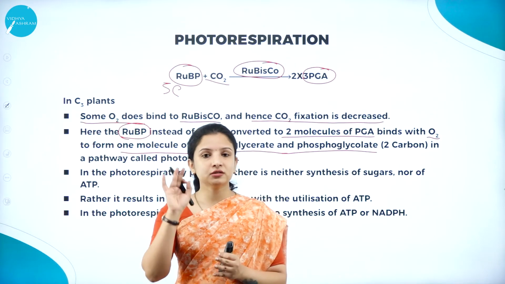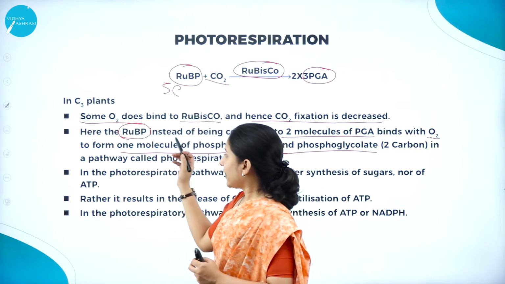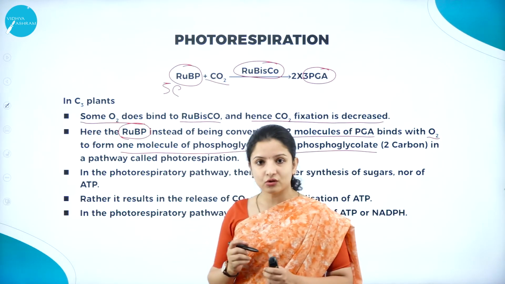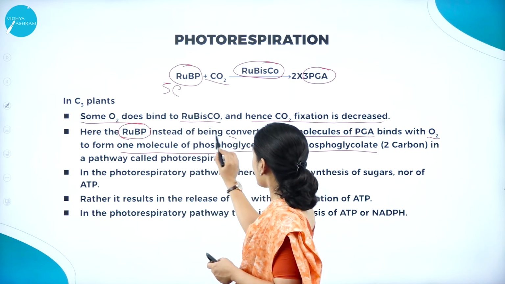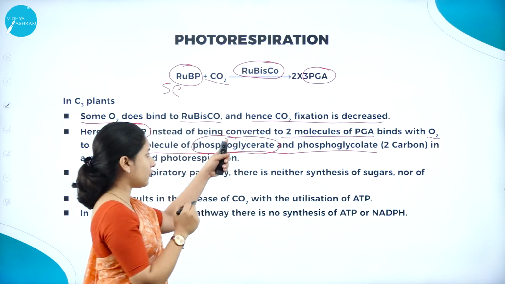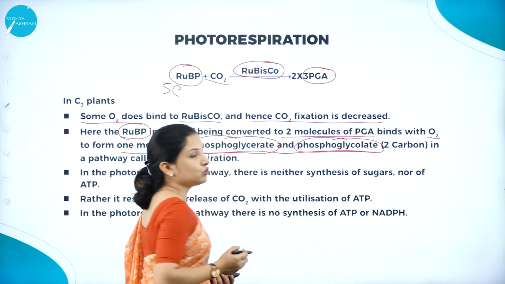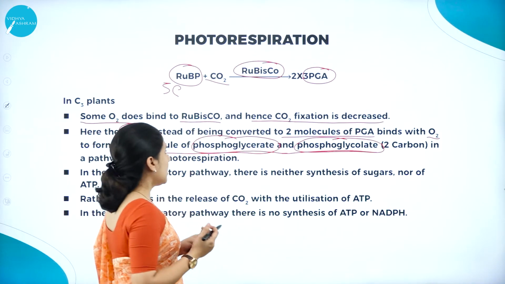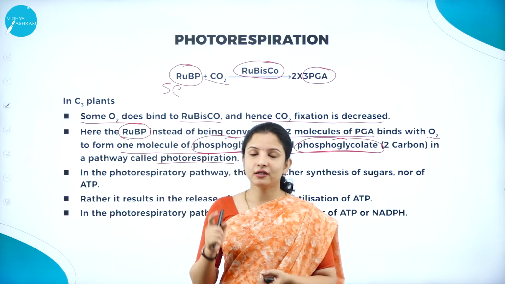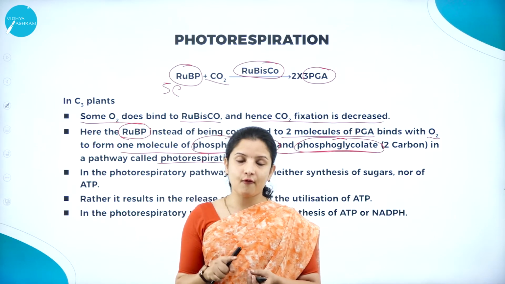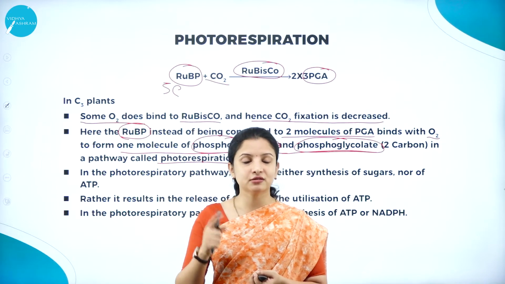But here, instead of carbon dioxide entering, oxygen will enter into the cells and that oxygen will bind with the Rubisco enzyme and it will get converted into 1 molecule of phosphoglycerate and 1 molecule of phosphoglycolate, which is a 2-carbon compound. And this pathway is called photorespiration. So, instead of a 3-carbon compound being formed,